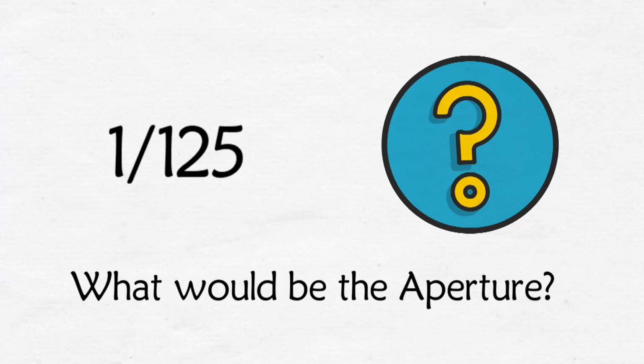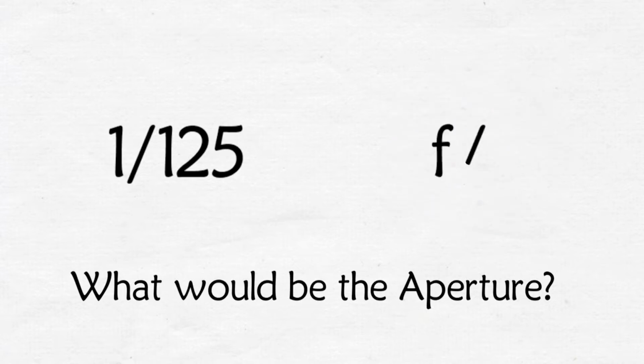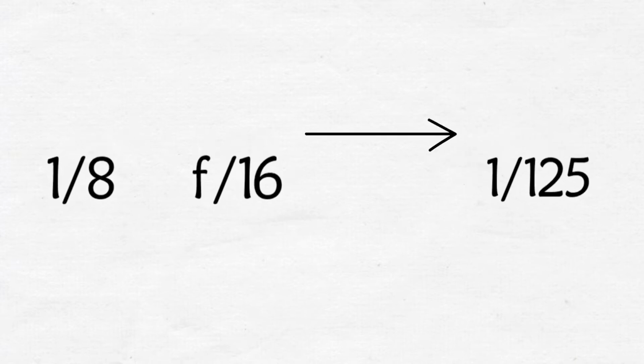The answer is f4. I'm sure most of you have got it right. The others who are having a little problem, let me explain this again. My right exposure is 1/8 and f16. I'm moving on to 1/125th of a second. That means how many stops? 1/125 is definitely a much faster shutter speed than 1/8. So, I am cutting out light, right, by how many stops.